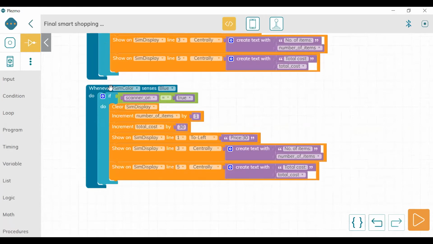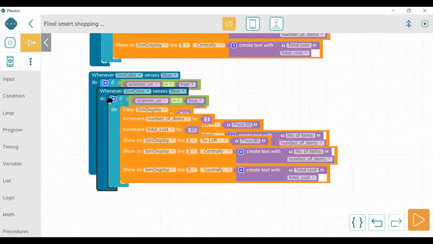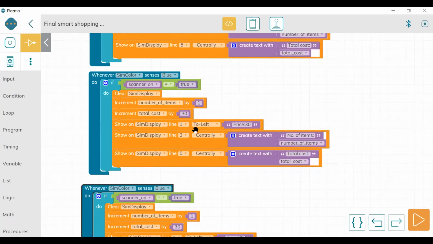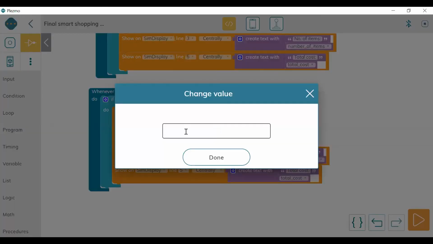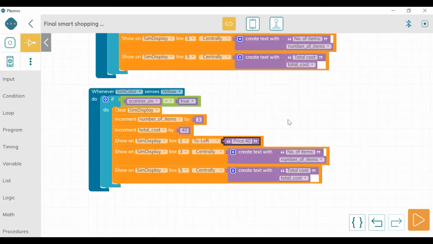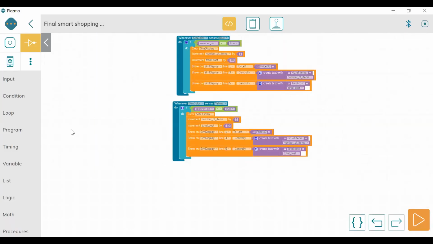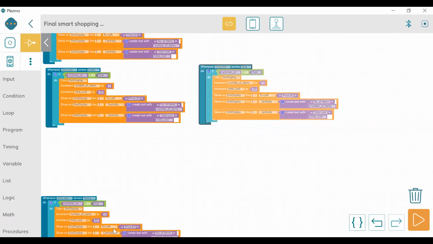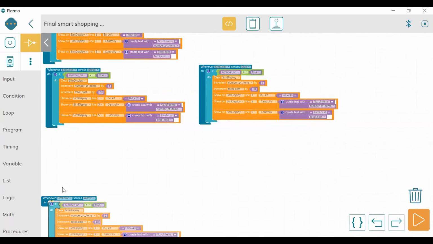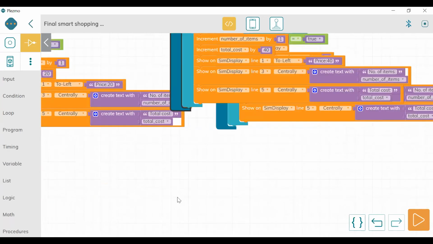So it is clear. Now the last one is yellow. So let's take it yellow. Now here if you see yellow, then the price will be incremented by 40. Done, and the price is also 40. I hope it is clear. Fine. So now if you see, we can just make the program like this so that it will be visible on one screen instead of scrolling down, because I have just reduced the size.